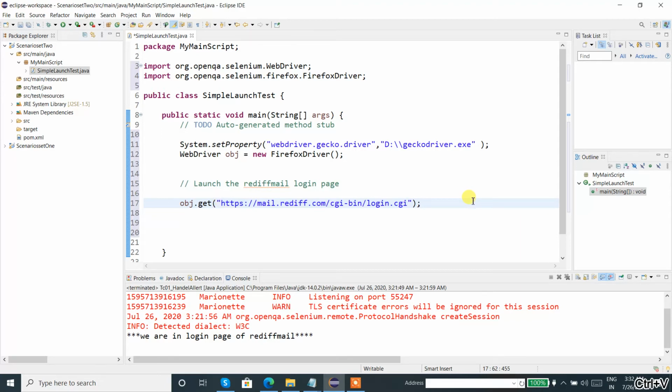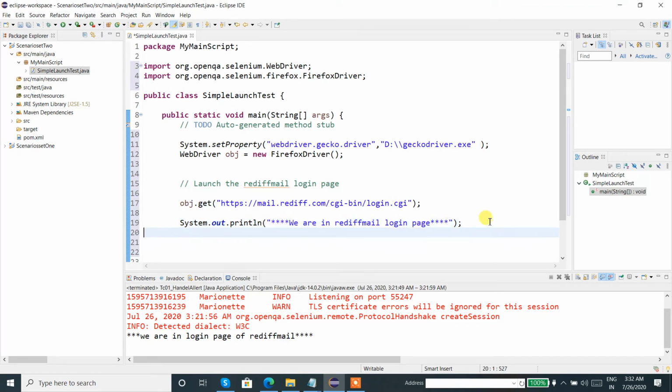Yes, this is the login page URL, and let me put it over here inside the get method. My job is done. Let's say sysout, we are in the Rediffmail login page. Yes, fine.